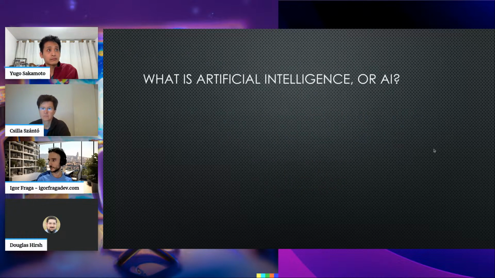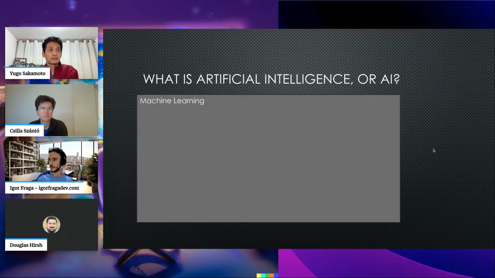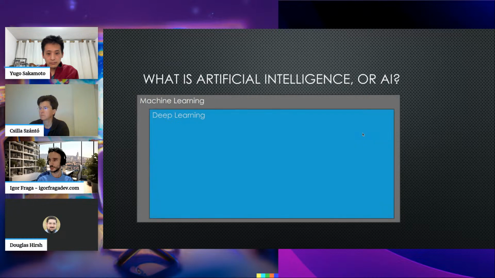And here we go. What is artificial intelligence, or AI, that everyone is talking about, that we are talking about a lot here, and everyone is getting in touch with? That's absolutely necessary. We need to understand that artificial intelligence comes from a broader scope, from machine learning, which started a long time ago, and within machine learning we got another field called deep learning.